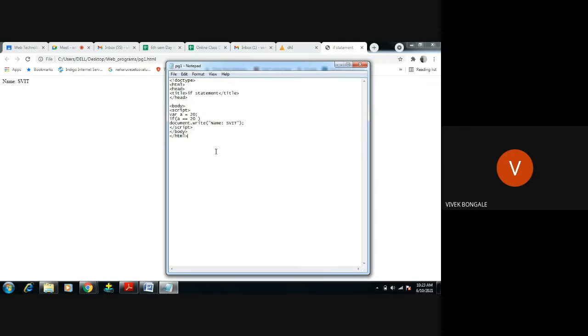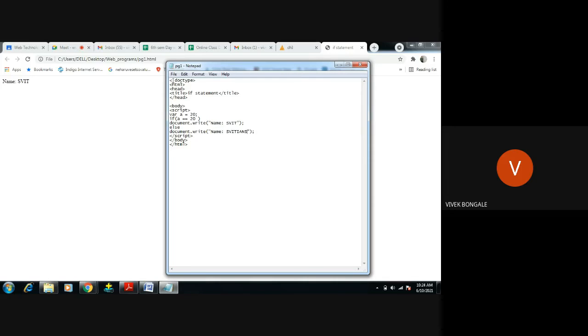If we try for an if else statement, the same thing here. So what we do here, we have given if a equal to 20, document dot write, name is SVT. Else, if the statement is false, then the other piece of code should execute. So I will copy the same part here, and write SVTNs. If this is not true, then this part will execute. This is what an if else statement is, right?